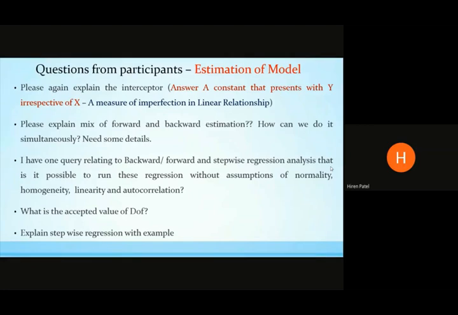Here the answer is Y equals number of legs equals 4 times X, where 4 is the coefficient of X and X is the number of cows. This is the simplest relationship that has been taught to us even during our school days. Hence, this is a perfect linear regression equation, which has an intercept value of 0. There is no intercept because this is a perfect linear regression with Y equals 4X.